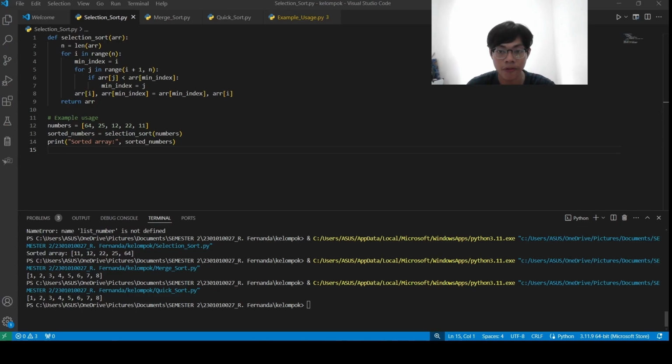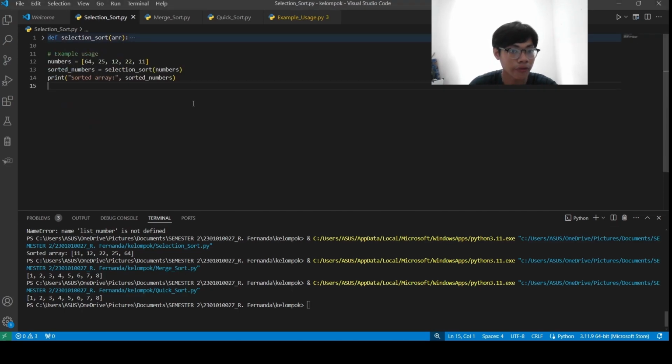And the result, of course, will be 11, 12, 22, 25, and 64. And step 4 is to continue until all numbers are sorted. And as you can see here, I will explain to you how all of this code works.